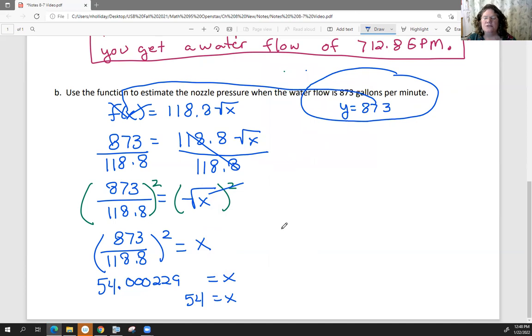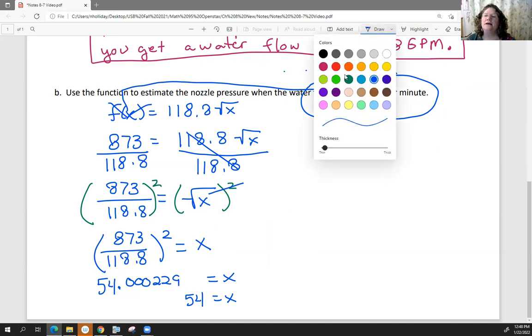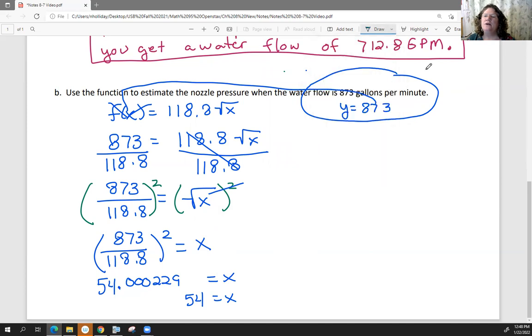Okay. Once you've got that answer, then it's interpret. Remember that even though the directions are not specifically right here, up at the top it said to interpret both A and B. That's a part of this assignment. And so what we want to do is we want to go back and look at what we were given and what we got out of that. So in the first place, they gave us a Y value that was water flow. So we could say